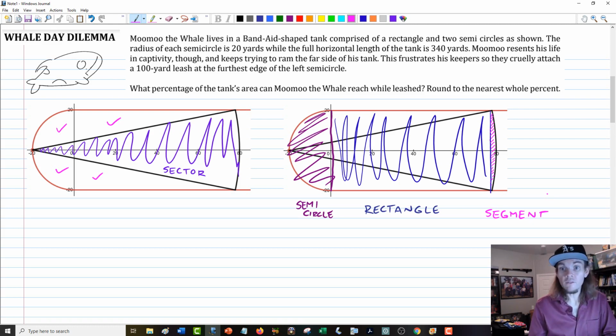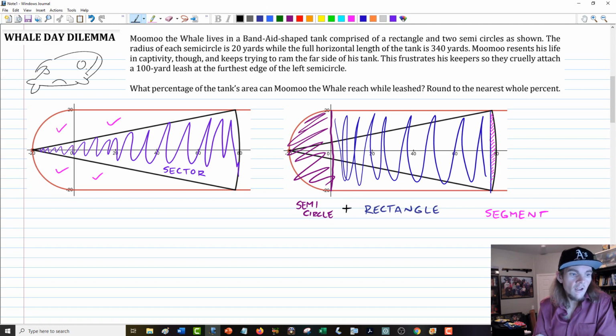Now, with that said, we could get some really good approximations just by sort of ignoring the segment a little bit. I think we could actually do fairly well, or including it and overcounting it. There's lots of ways that you could work around this and get a good estimation of the answer. But if we want to find it exactly, again, using the approach that we're going to use here,